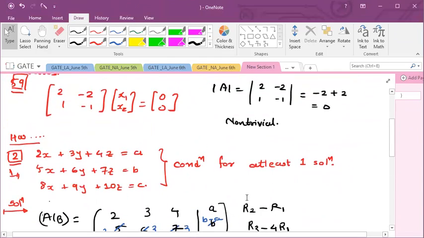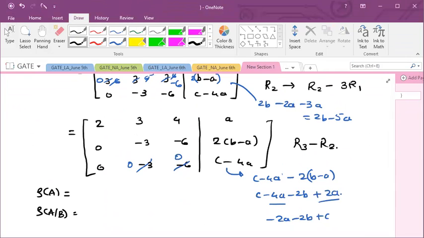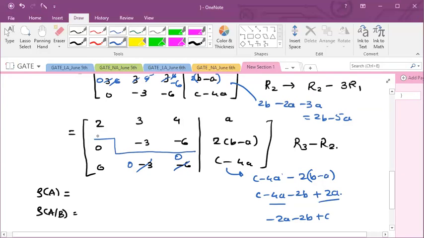Now condition for at least one solution, right? This should be having at least one solution. So here just tell me what is rank of A first, then tell me rank of A augmented B, and this should be same. Okay, what is rank of A here? Number of non-zero rows in its echelon form. Is it echelon form now? Right, this is staircase, isn't it? So yes, how many non-zero rows in A matrix? 2, right? So here our rank of A will become 2.